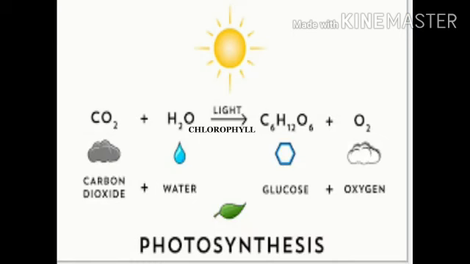Green plants absorb carbon dioxide from the atmosphere, water from the soil, and in the presence of chlorophyll and light, manufacture food in the form of glucose. The gas produced in this process is oxygen, which is useful for us. The formula for glucose is C6H12O6. Let's carry out an experiment where we study the chemical reaction that occurs under the influence of light.